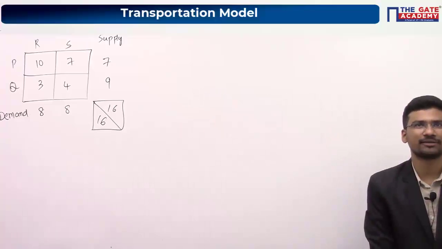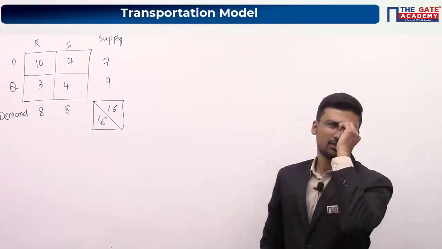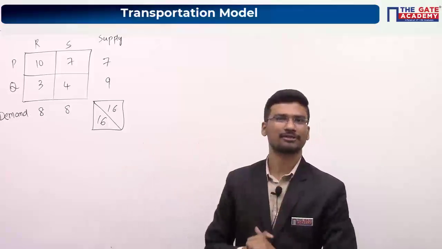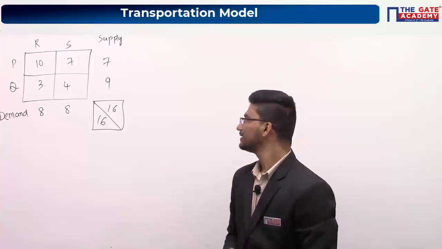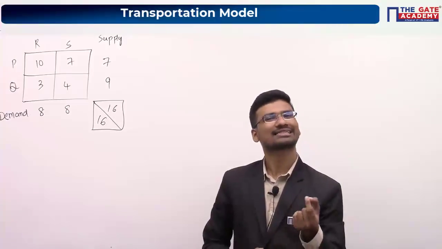Very good, 105. Sai Kumar correct, Abhimanyu. So your X value is 105. That means you got some initial basic feasible solution. Now find the optimal solution using the MODI method. Find the optimal, which will be your Y value, and after that you have to calculate X minus Y.